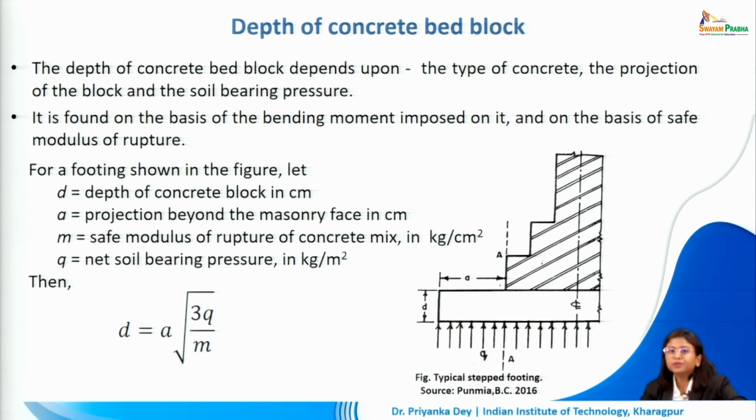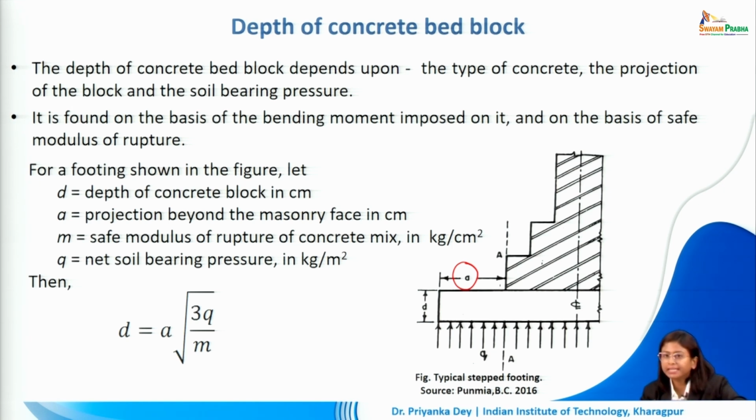Now, the depth of the concrete bed that we had seen will depend upon the type of concrete, the projection of the block, that is small a, and the soil bearing pressure. On the basis of the safe modulus of rupture, we calculate what is the small d that should be applicable to our foundation. So, it will depend upon a root over 3q by m, where a is the projection beyond the masonry face,